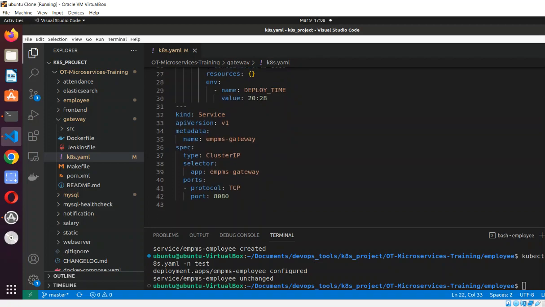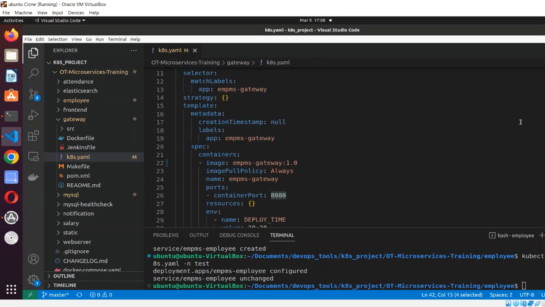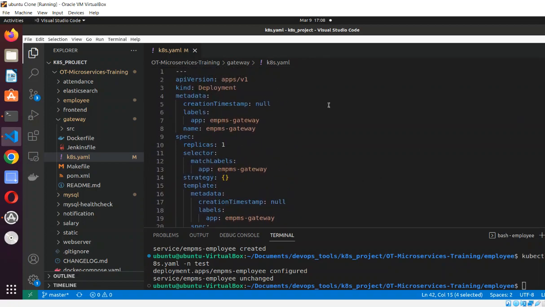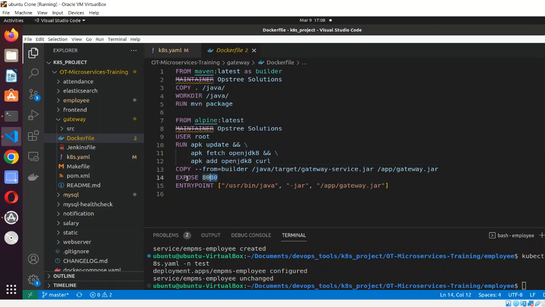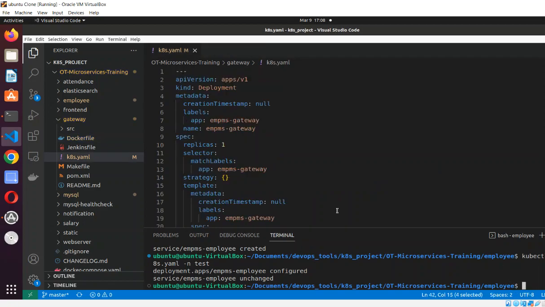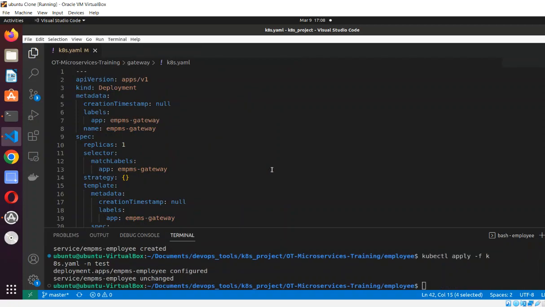For the communication, we have a service, and it's also cluster IP. Then we have the EMPS gateway. Then we have the TCP protocol, and this has the 8080 port. And the same we can see, container port is 8080 plus in the Docker file. It's also making its container exposed at this port. If we go back again to